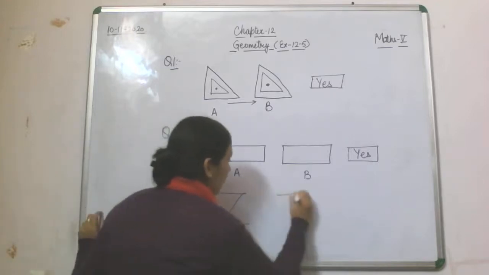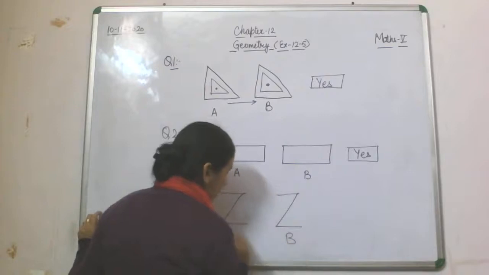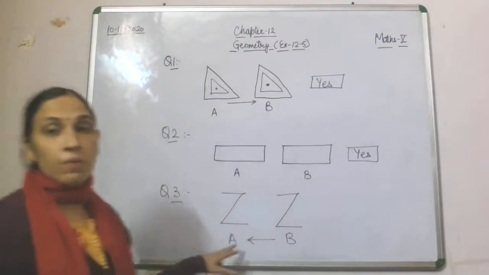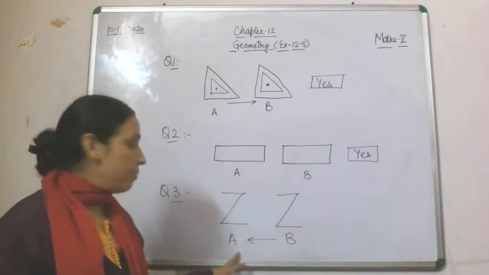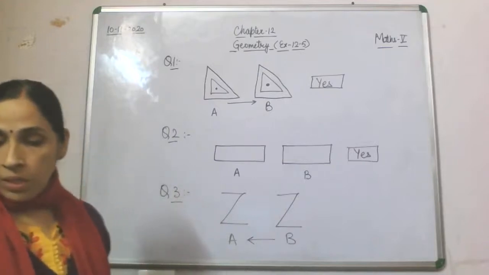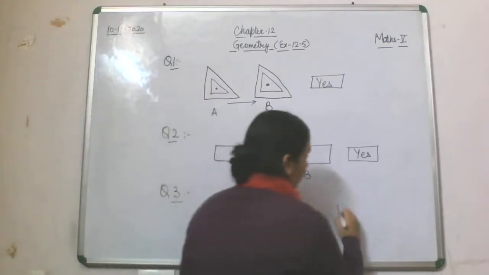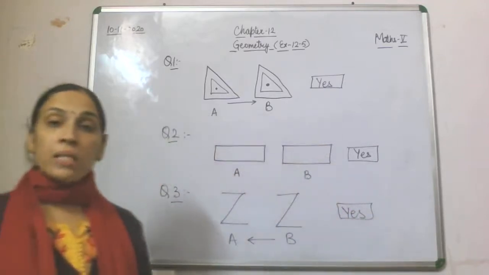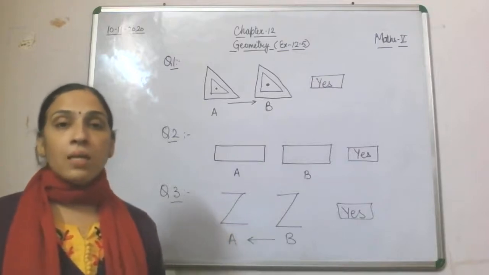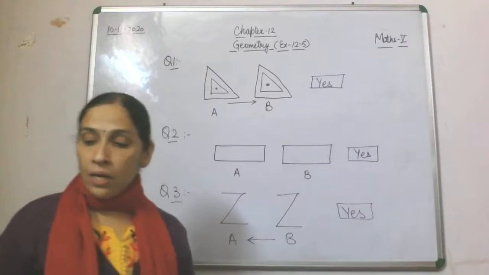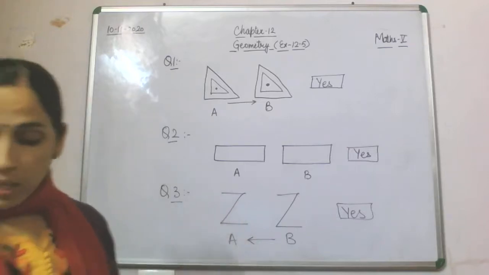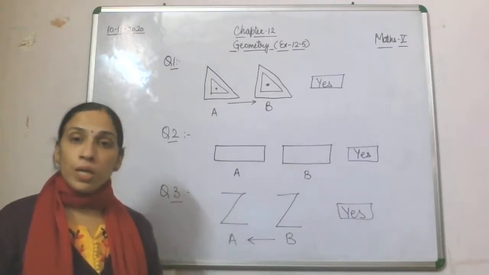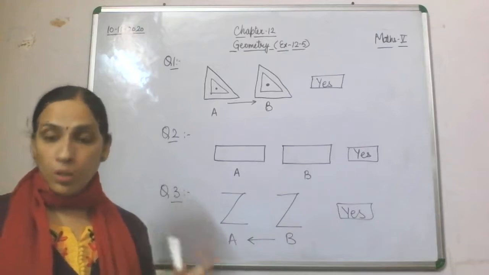So you will find that when we are sliding figure B over figure A, we will be getting the same figure. So now we'll write the answer. Yes, we will be getting the same translated figure. So you will look at the figure, the practical part that I have explained, and by looking at the figure you will be able to understand whether that is the translated figure of that particular object or not. So here you are supposed to write only yes or no.